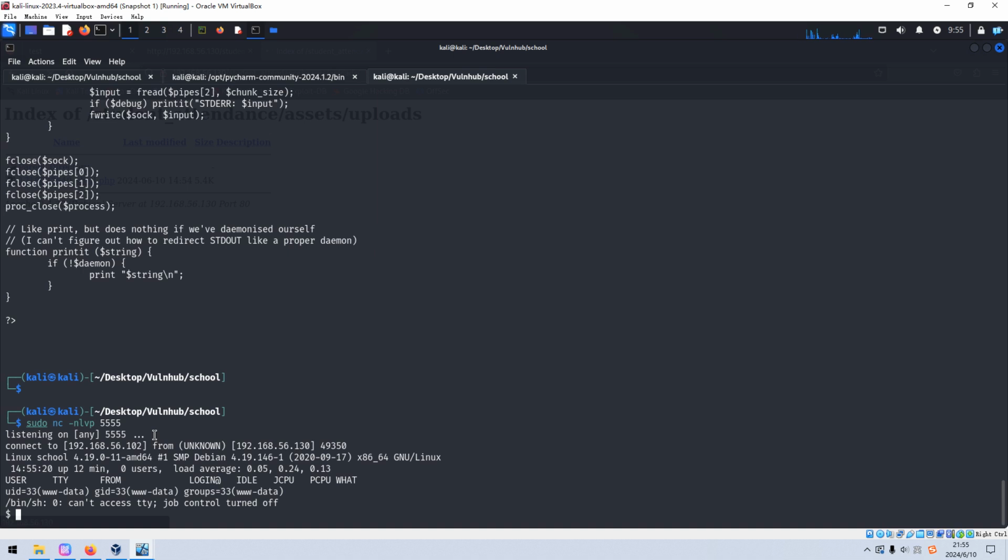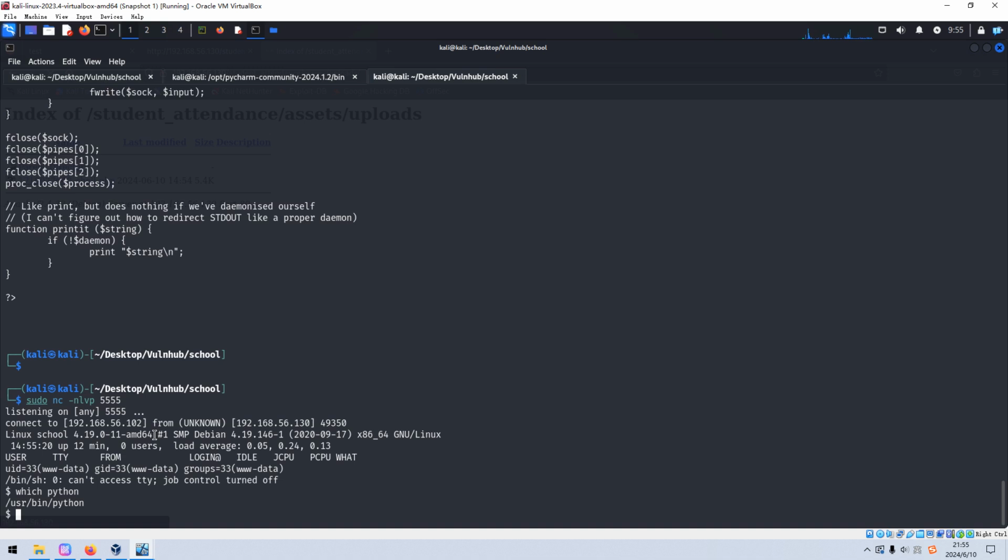We can make it an interactive shell: Python, import pty module, pty spawn.